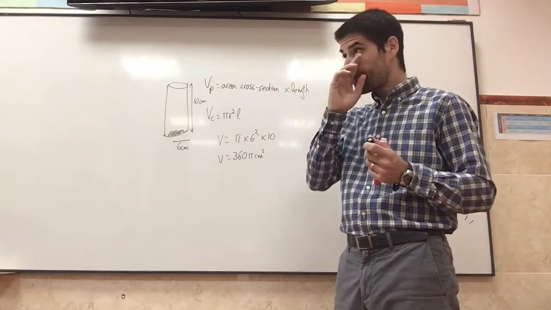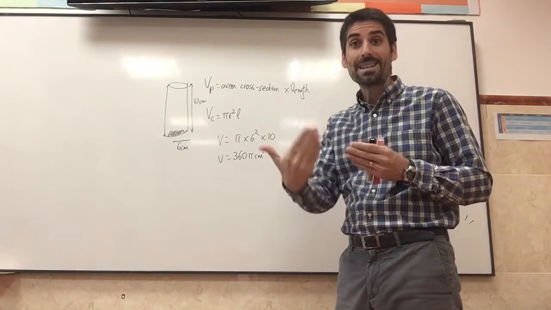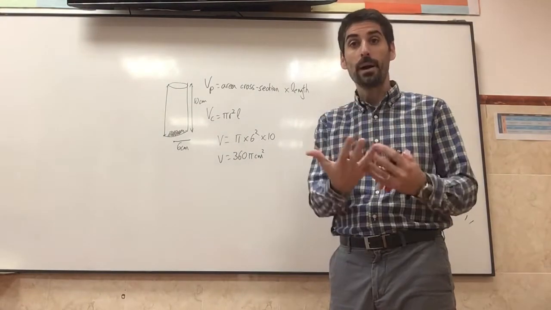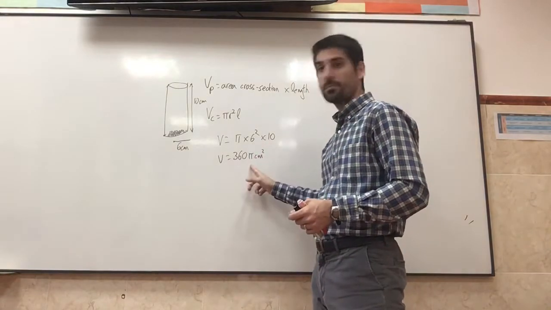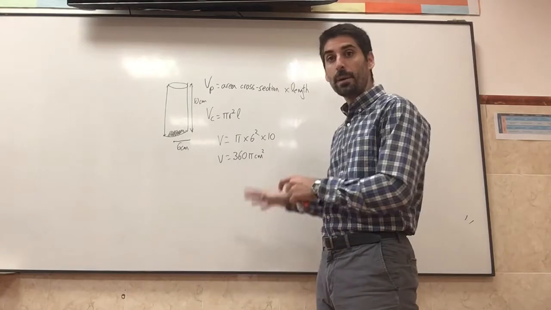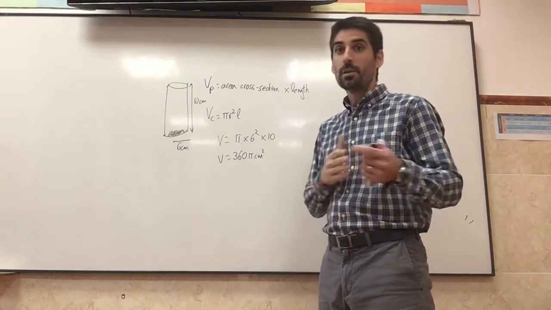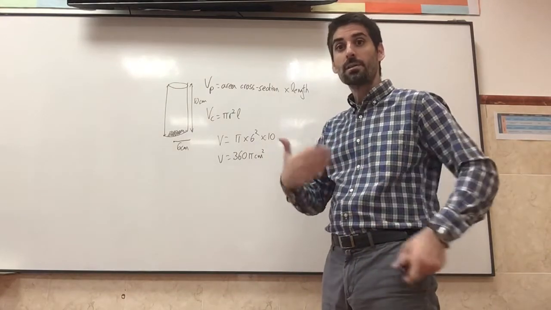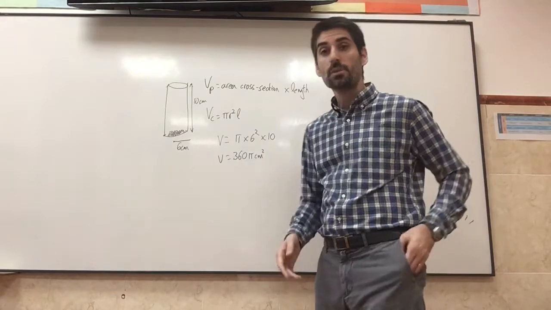Remember, in the exam they may ask you to leave your answer in terms of pi, in which case you just leave it as 360 pi, or they could ask you to round your answer to 3 significant figures, in which case